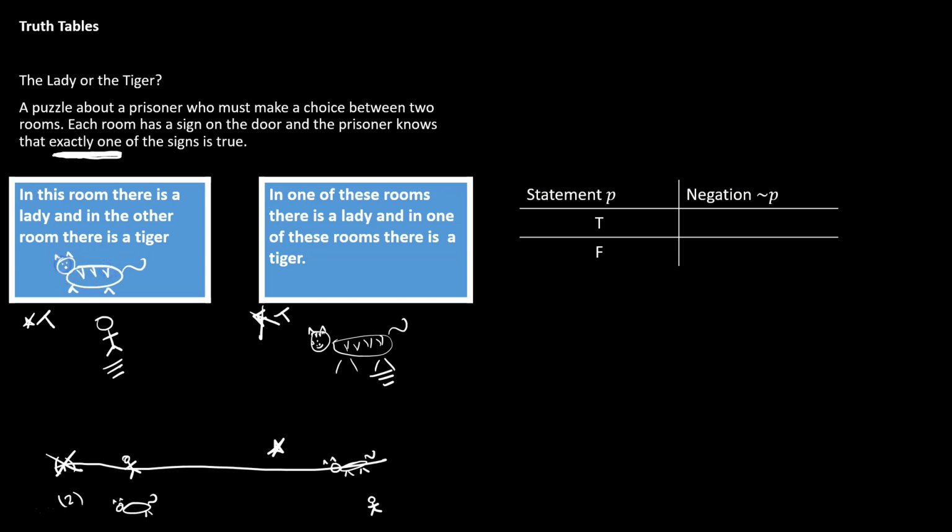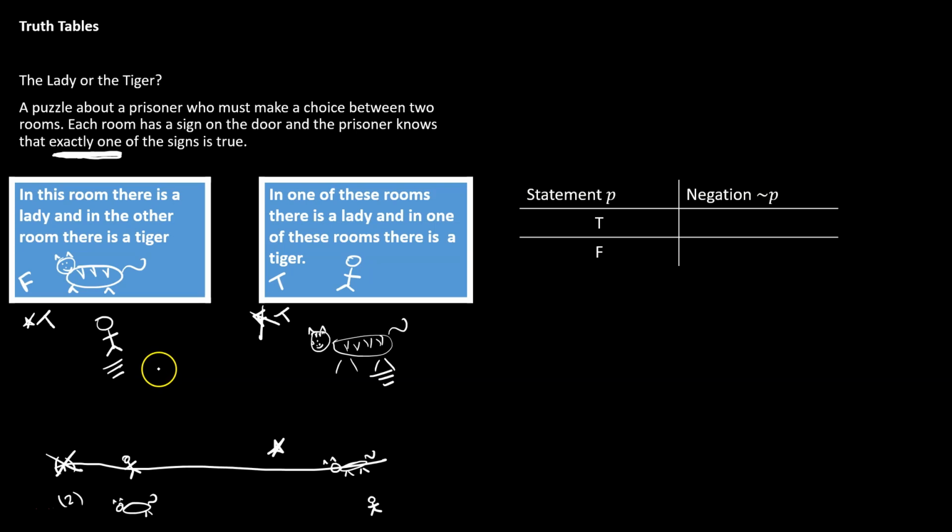So if I put the tiger in room 1 and the lady in room 2, then the second door is accurate. There is a lady in one room and a tiger in the other. But the first door is false, because the first door says in this room there's a lady, but actually we know it's a tiger. Now that might have made your head spin just a little bit, and that was the